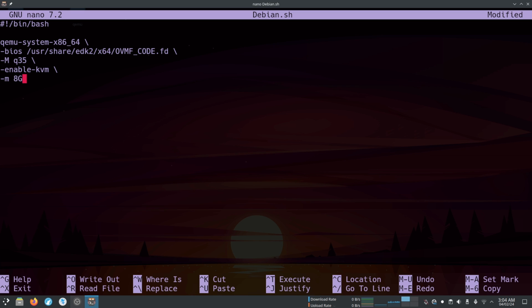Next is our memory. I am going to allocate 8 gigs of RAM. Our CPU is host. Then allocate cores and threads. Our boot menu is set to on. Then for the CD-ROM, give the location of Debian's ISO file.